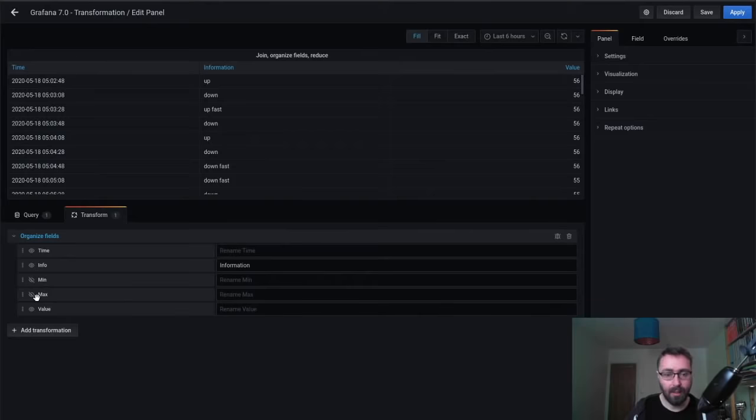And now this is something you can easily do with a transformation, but it's also available to all panels and all visualization types. So this is the crucial thing with transformations, is that it allows us to reuse data manipulation between different data sources and different panels. So to highlight another thing that